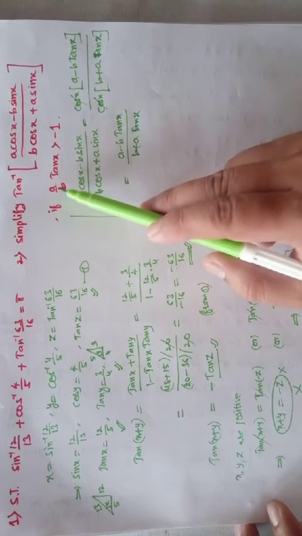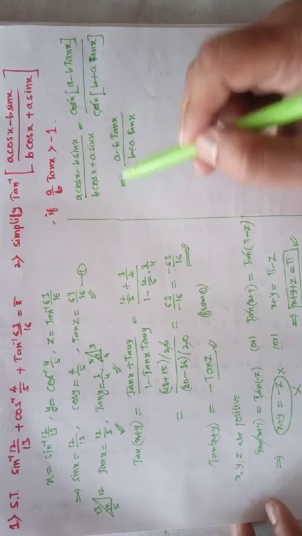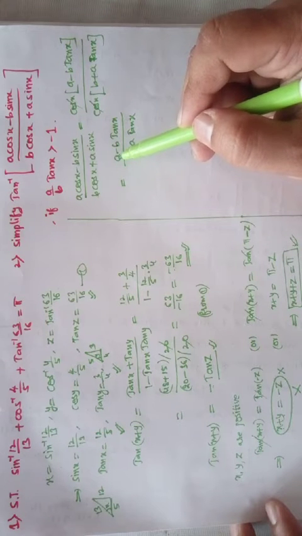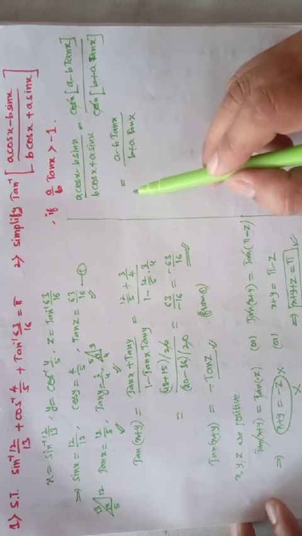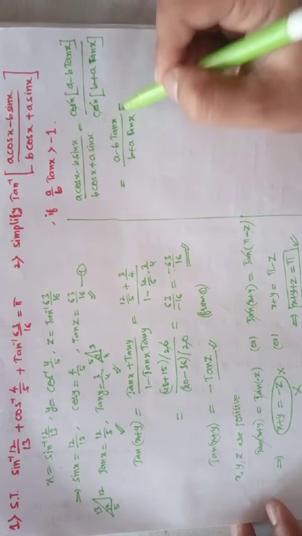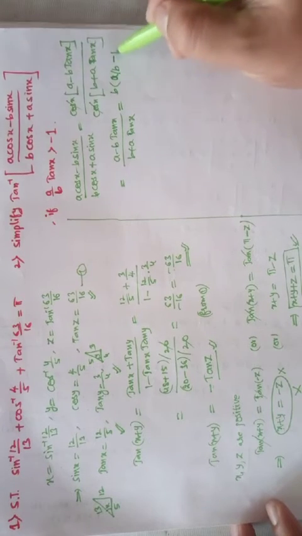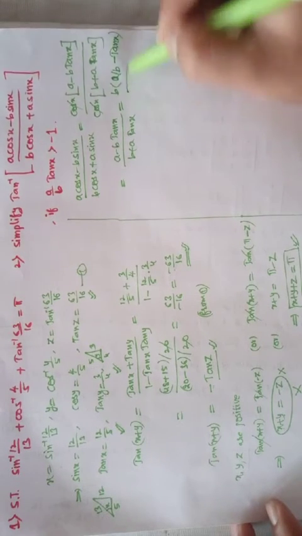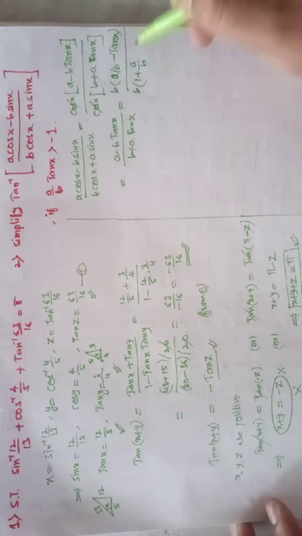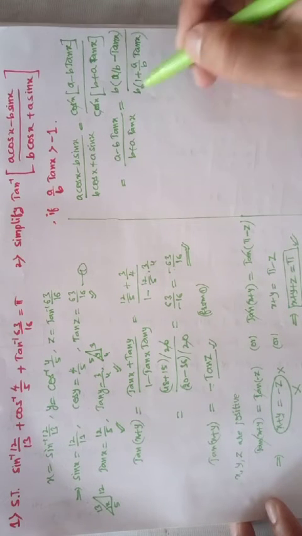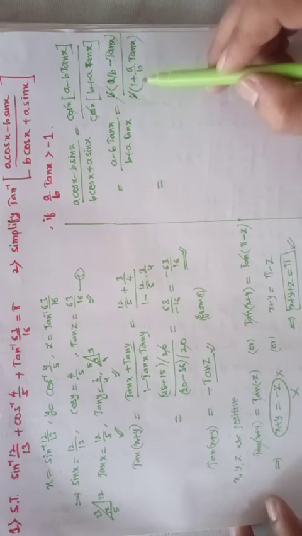So make this a by b. How can we make a by b? Take this b common and it can be written as a by b in the first case. Then a by b minus tan x by b, take b common from here, same. So b is also getting common and is taken out, a by b minus tan x by b, taking out 1 plus a by b tan x. So b and b getting cancelled, then it equals a by b minus tan x by 1 plus a by b tan x.